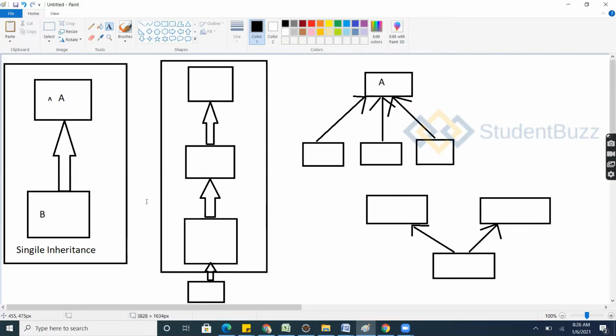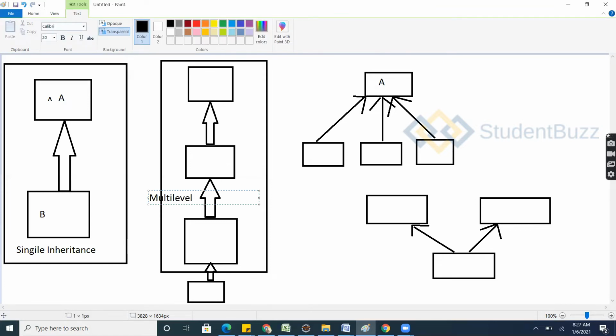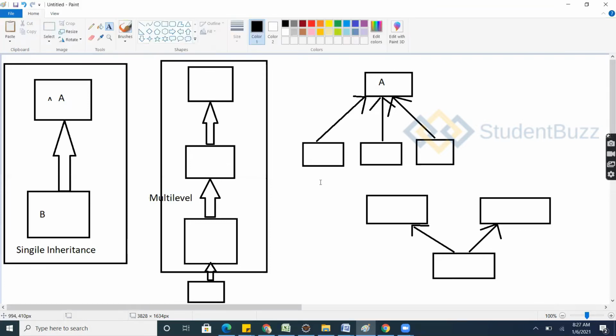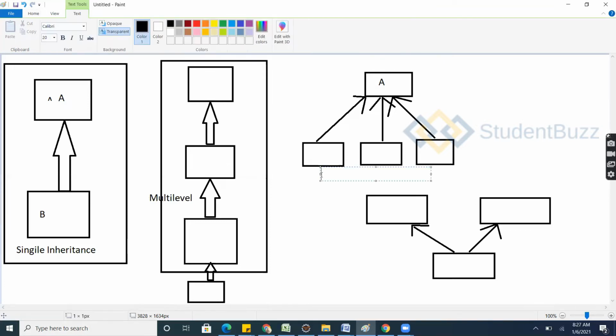Hierarchical inheritance. So what was multi-level inheritance? This is hierarchical inheritance. So let's implement these three today: single inheritance, multi-level, and hierarchical. I'll tell you the other one as well, multiple inheritance.